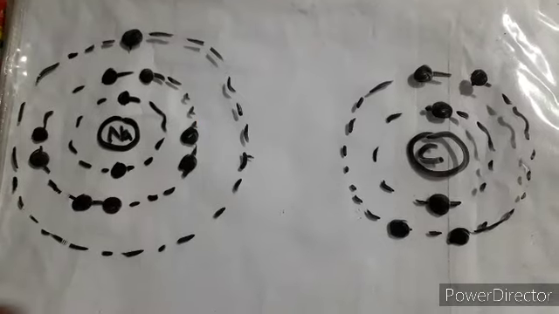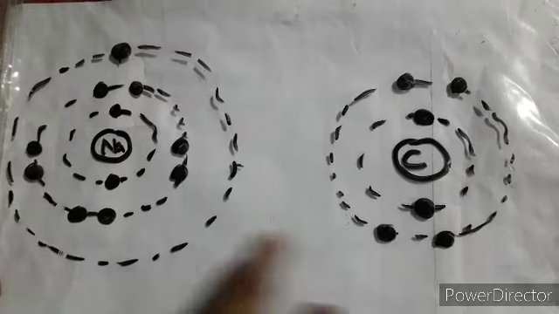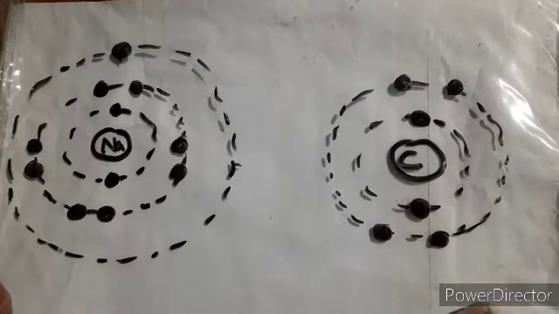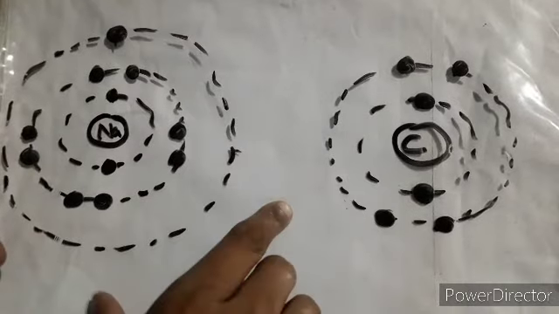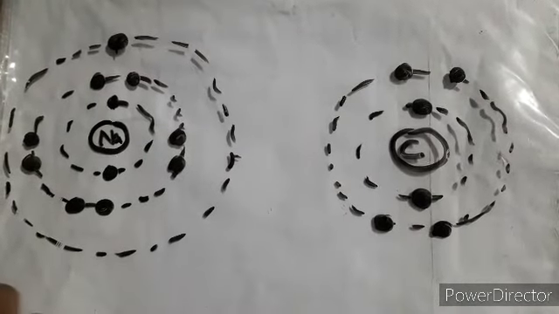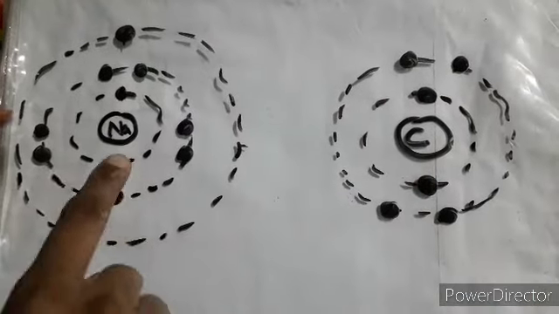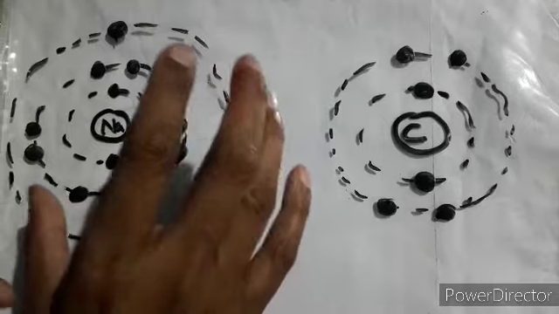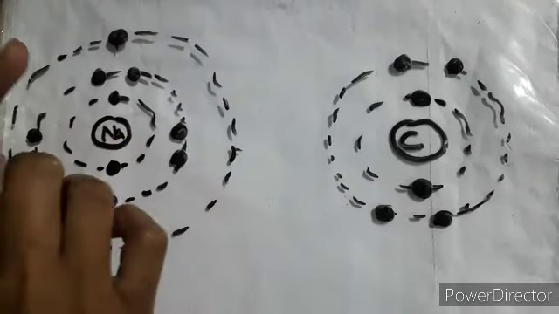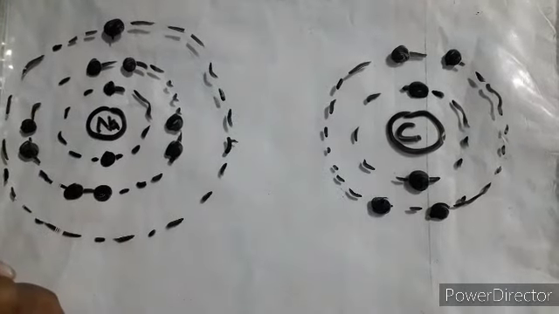Now I made two structures for two different atoms, and I think it must be clear to you all. This is the atom of sodium, and this is the atom of carbon. And over here you are seeing that the atomic size of sodium is more, and over here it is less. The more the atomic size, what do you think? Then the attraction by the nucleus on the outermost electron is also less.